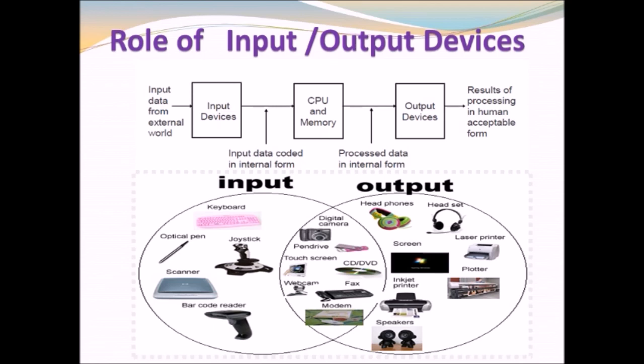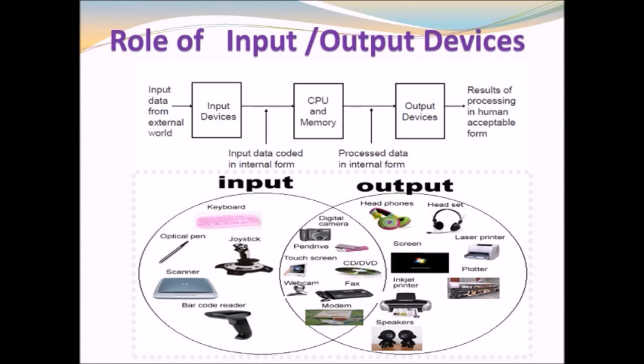So here you can see in the diagram that input devices take input from a device in the form of raw data, and then these input devices provide that data in a coded form to the CPU, that is the central processing unit, and the required input is stored in the memory. Then this CPU provides that processed data to the output unit, that is output devices, and then we will receive that in the form of a result, that is in the processed form that humans can accept. So that is the role of input devices and output devices. Input devices take the input and output devices show the processed result.